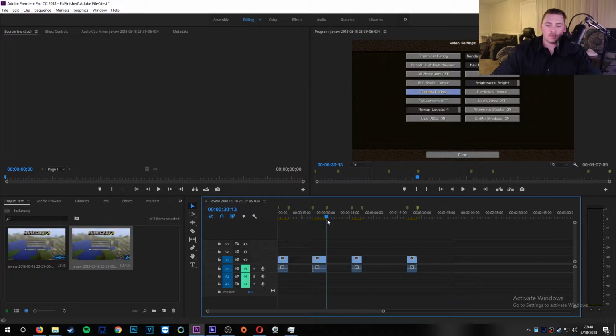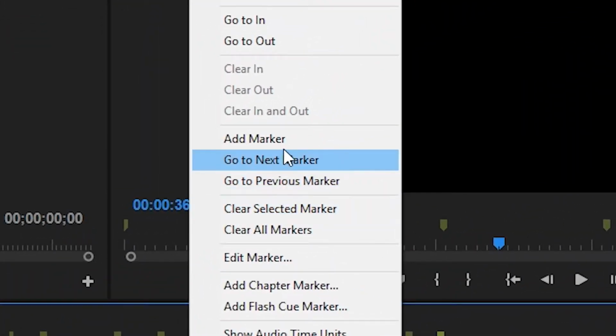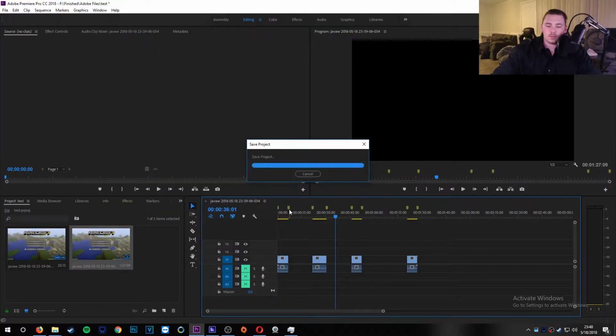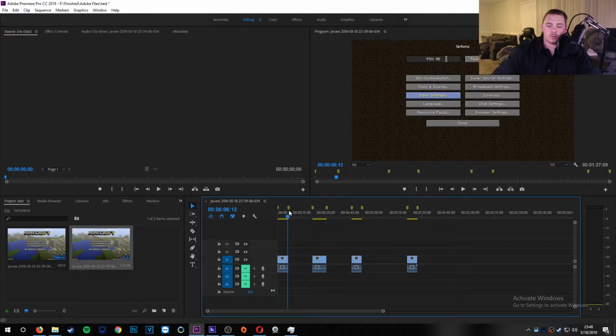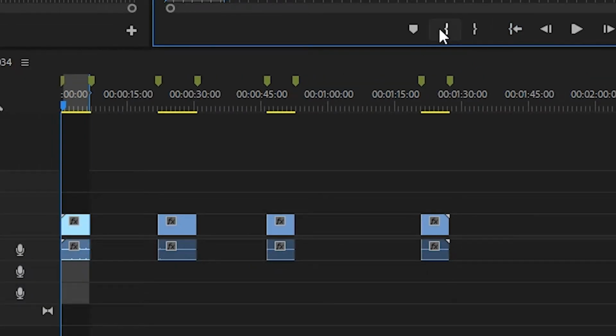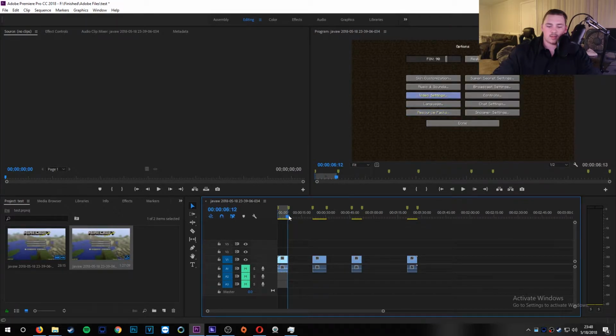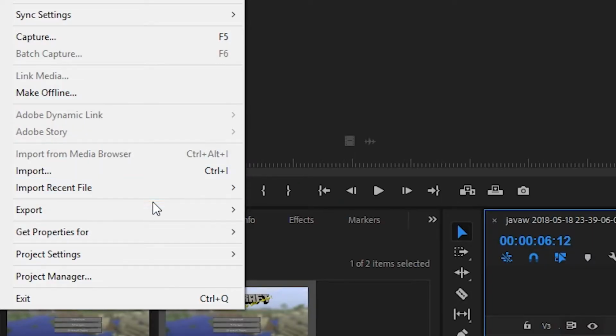And the way you add markers is you press M on your keyboard, or you can right click and click add marker. So the easiest way I've found to doing this is adding markers at the end of each video and putting the mark in, and then of course the mark out and the mark in, to know that's where the video starts and the video ends. And then what you can do is you can go up here to file, go to export,